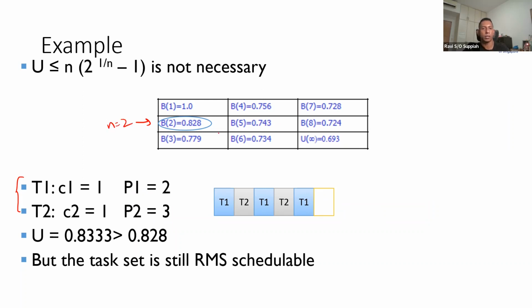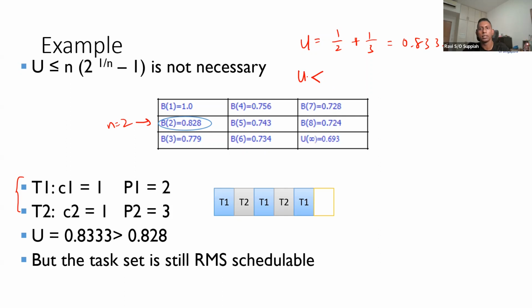The first thing I do is compute the utilization. The utilization will be 1/2 plus 1/3, which gives me the value of 0.8333. Since this is less than or equal to 1, you can do the next step. The next step, as we said earlier, is to draw out the hyper period based on RMS. But now let's look at the other step, which is calculating the utilization bound. Since we know the utilization bound is 0.828,